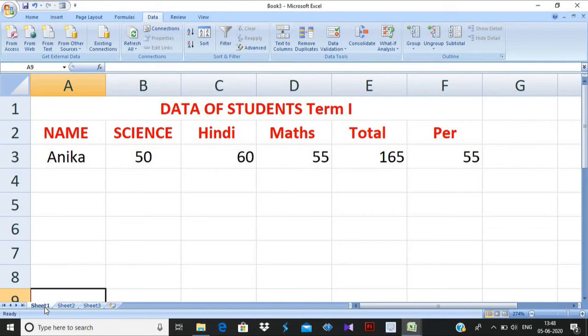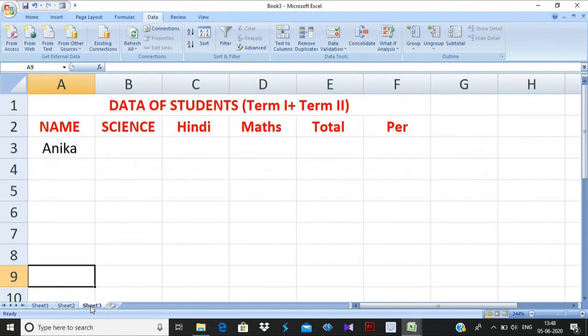First of all we have to group these three sheets. How will we group them? Press the Shift key and click on sheet number 3.